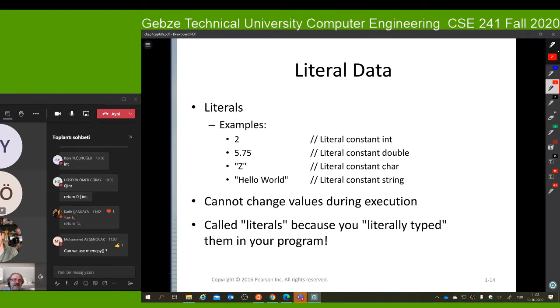Okay, literal data. They are called literals because you literally type them. Sometimes we call them constant data, but we don't want to call them all constants. These are constant, but these are literal constants. There are other types of constants. There are two types of constants. One of them is